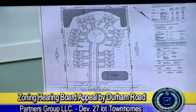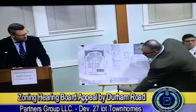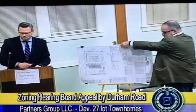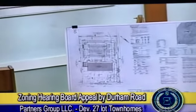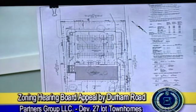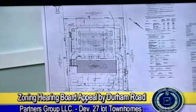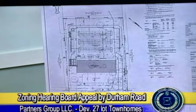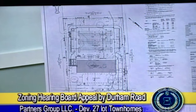The unique thing about this proposal, and Heath Dumack is our engineer here this evening. Could I ask you to show what would essentially be the permitted use of the property? Another option for this property, though it's not what we're selecting to proceed with to the zoning hearing board, would be, by conditional use, a permitted use for a medical office building. The medical office building shown here is 24,000 square feet, and